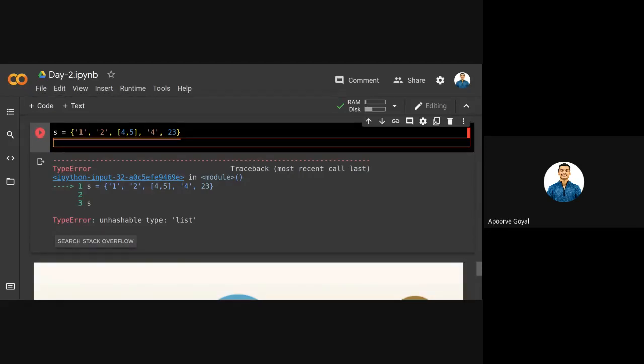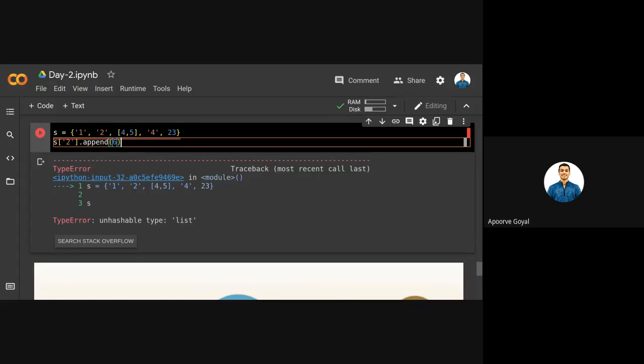You cannot use any element in a set which is mutable. One is not mutable, two is not mutable, but this list is mutable. Later on, if I want to append some value to this particular list, that won't work because set does not support mutable elements.